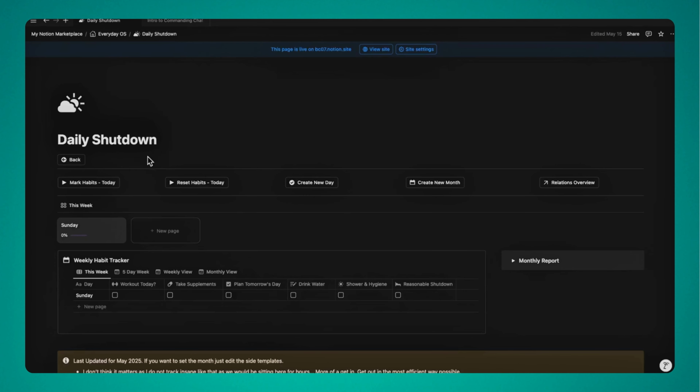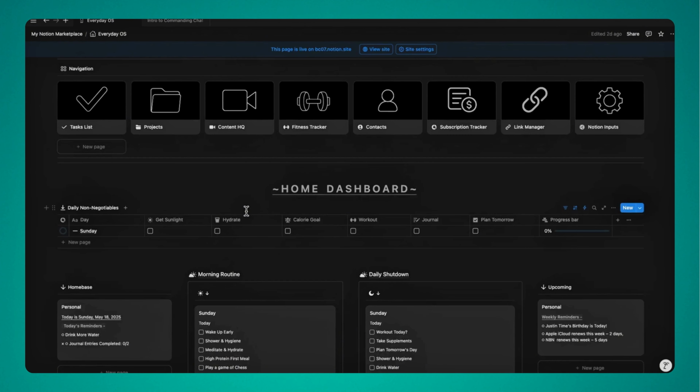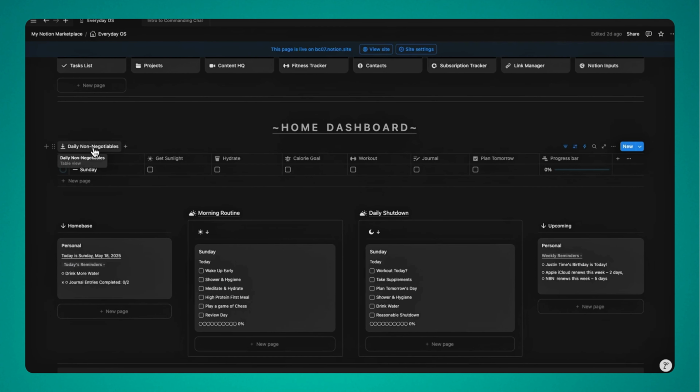So if I go in, I back out of this page, which there's also back buttons inserted into every page as well. That'll bring you back to either the last page you came to or the Everyday OS homepage. If we just scroll back down, you can see that there's the daily non-negotiables, the morning routine, and the daily